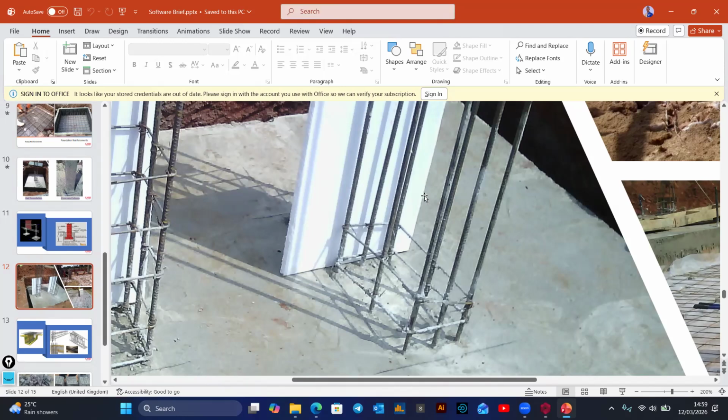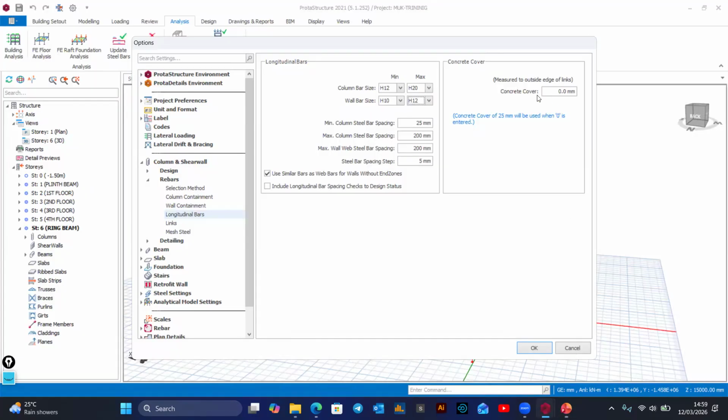So you find that in this column, you can have bars of T16. And then in this other column, you can have bars of T20. Okay. But then in your overall project, when you're designing, the software is not going to opt for a bar which is beyond 20, and it's not going to opt for a bar which is less than 12. You get what I mean? Yes. Now, when we are talking about concrete cover here,